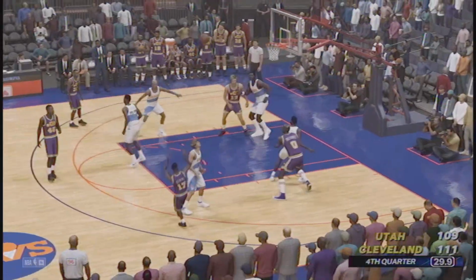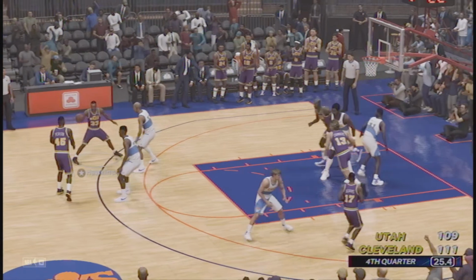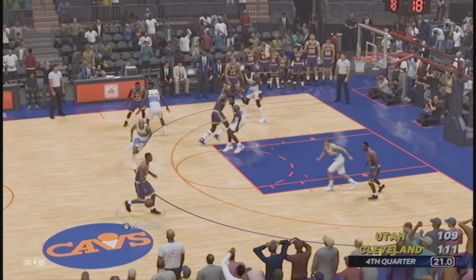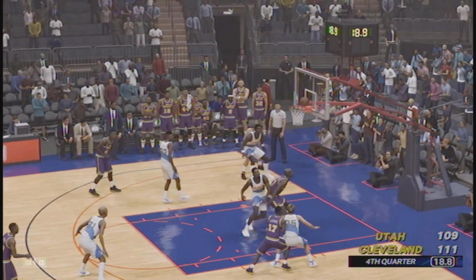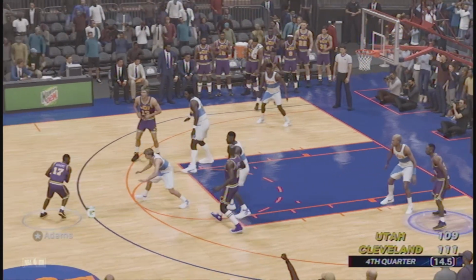Person to Adams, a long 2. Can't make it. Chambers, though. Basket to Person. They can take the lead if they want. What are they going to do here? Oh, Hershey Hawkins for 3. Can't make it. Polonies, though. Passing it to Adams. What are they?